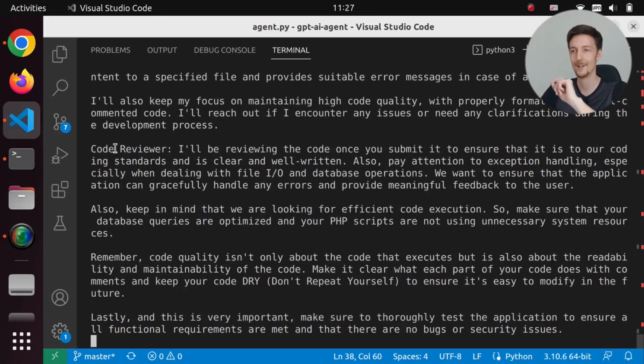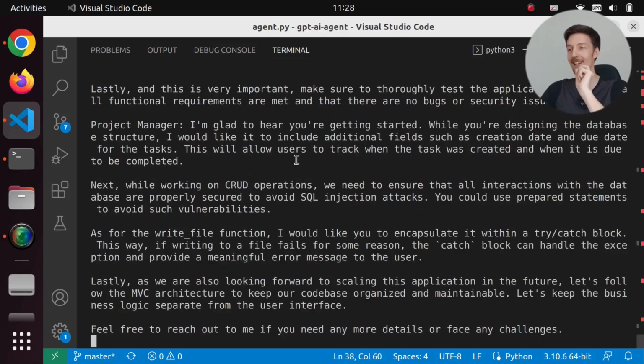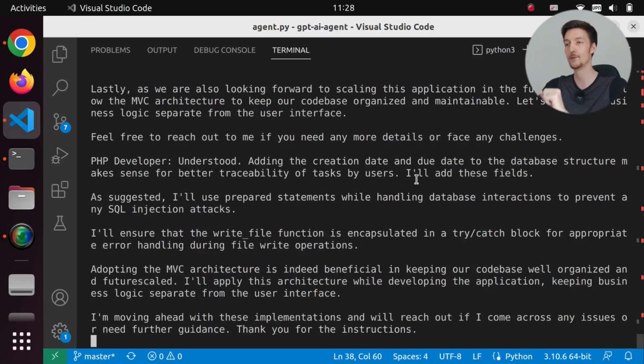Code reviewer, I'll be reviewing the code once you submit it to ensure that it is to our coding standards and is clear and well written. Also pay attention to exception handling, especially when dealing with file I/O. Okay, project manager, I'm glad to hear you're getting started. While you're designing the database structure, I would like it to include additional fields such as creation date and due date.